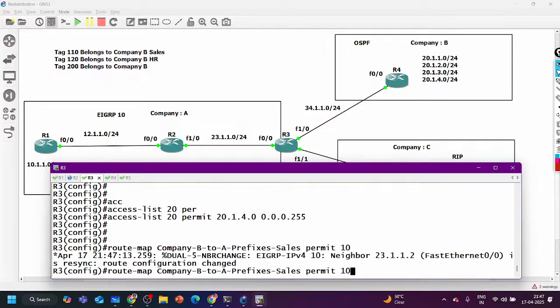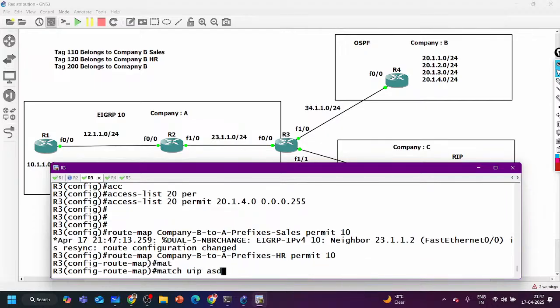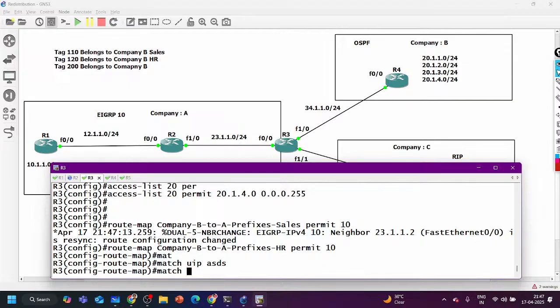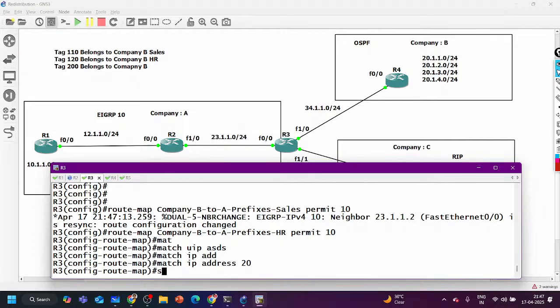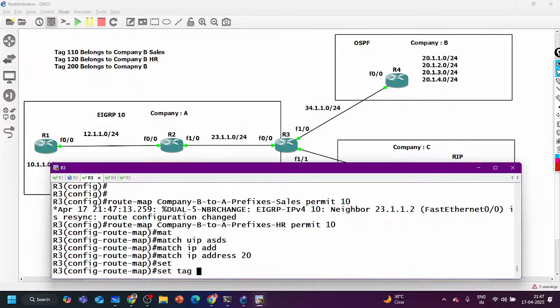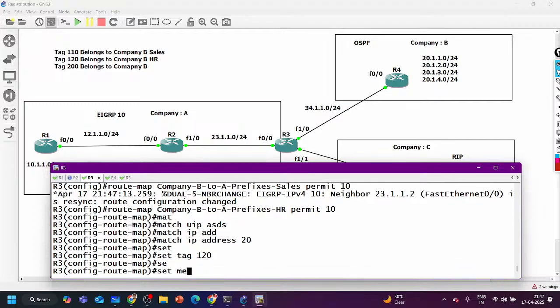I need one more route map with name HR, route map company B2A prefixes, HR meaning HR prefixes, and here I am saying match IP address from access list number 20, and then set tag value 120. You can also set the metric.